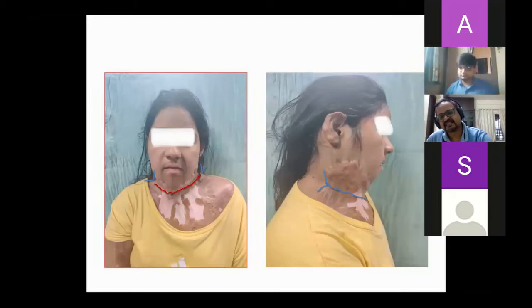There is another reason why you cut the platysma also. One part of the platysma definitely you will cut. There is a cervicomental angle area. That is a place where you want the maximum depth. So there also, as a rule, to improve the aesthetic appearance, you can make an incision of the platysma at that level also.